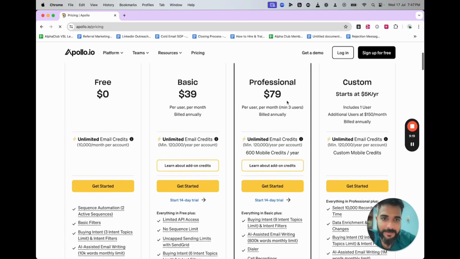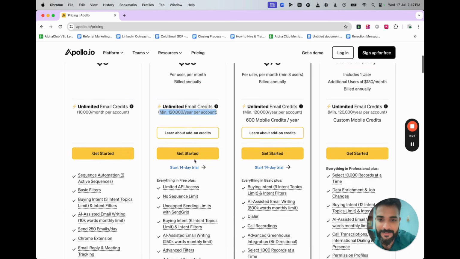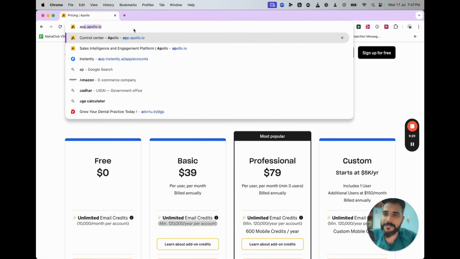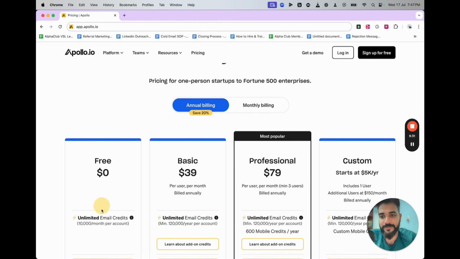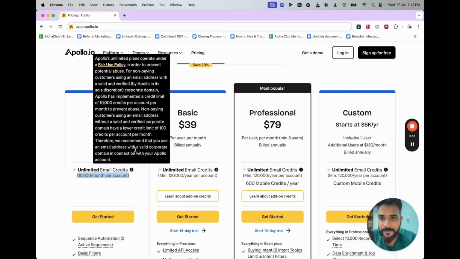I personally am on this particular plan, which allows me a 10,000 database, I think. They're also giving email credits here as well. You can pick the one that is good for you. You can even use the free version, where they give unlimited email credits, which is basically 10,000 per month per account.